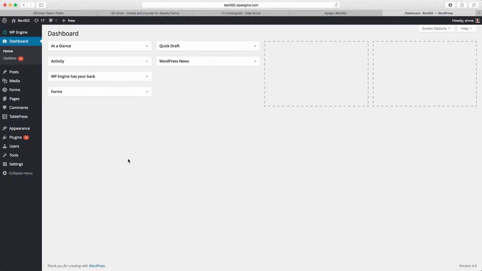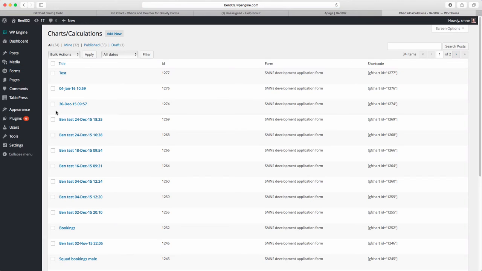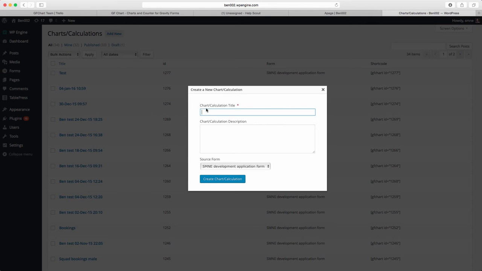First off, go to the WordPress dashboard, go to Forms, the Gravity Forms menu, and you'll notice the new Charts and Calculations menu here. Press on that, and up pops a long list of charts that I've already produced, but you want to produce a new one. So let's add one here, and let's call this